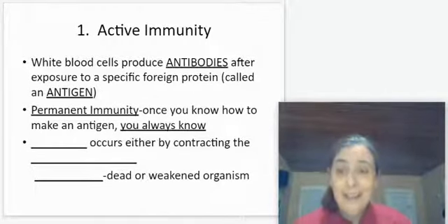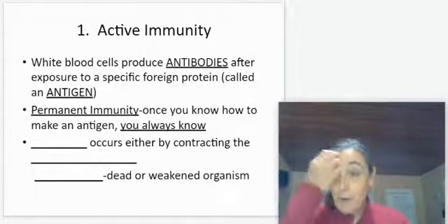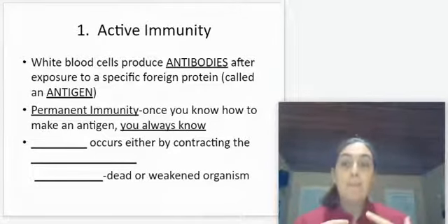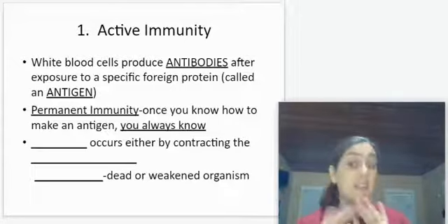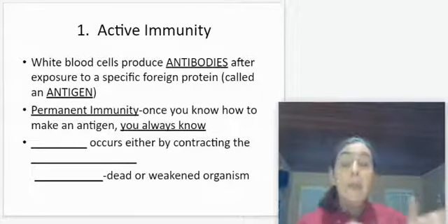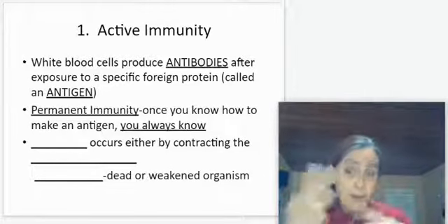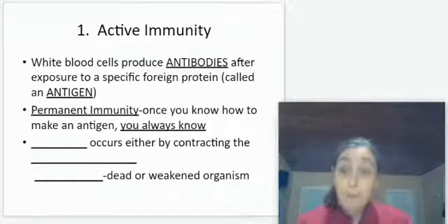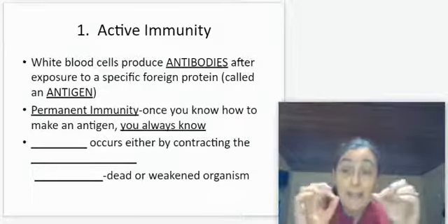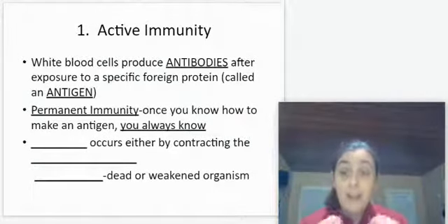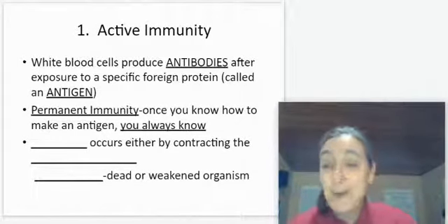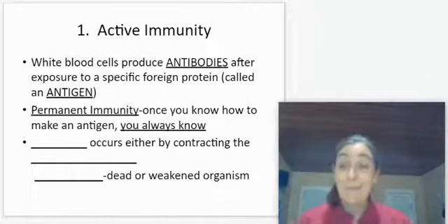So that's great. That means that when I had the chicken pox, when I was in my early 20s, and I had never had the chicken pox before, that virus came into me and made me feel lousy. It's probably the sickest I have ever been. And those chicken pox viruses were just wreaking havoc, damaging cells all over. But my white blood cells were learning how to make the antibodies against the chicken pox antigens. And now I will never get sick from chicken pox again because I know how to make those antibodies and